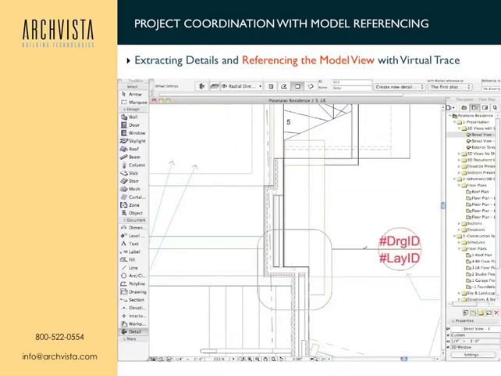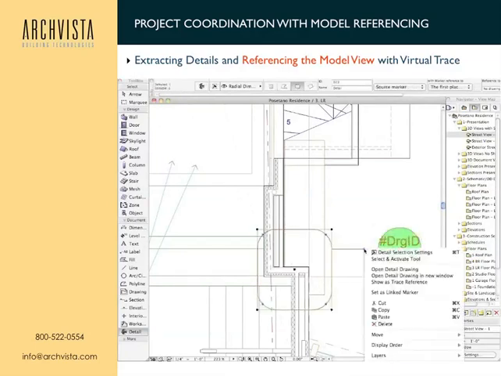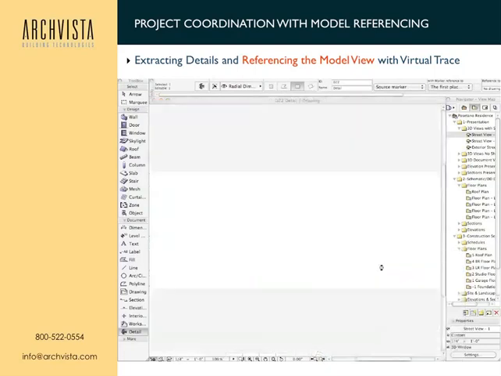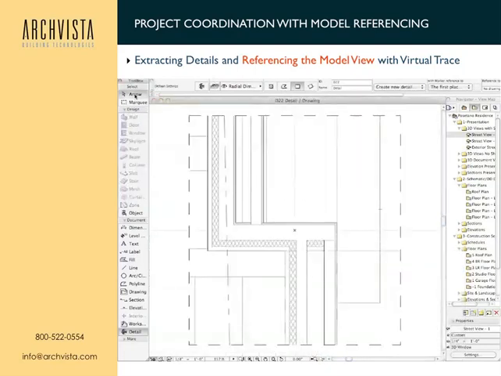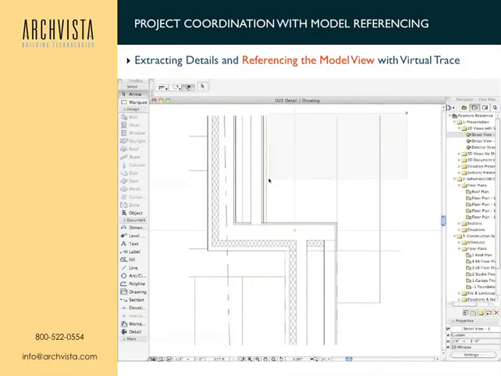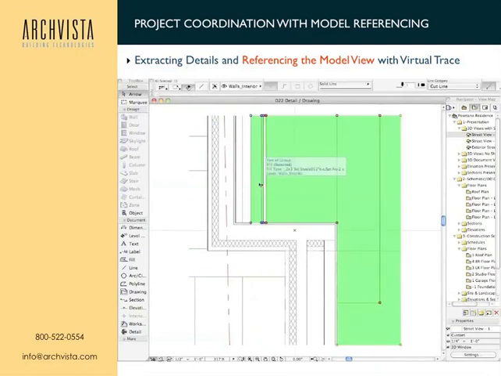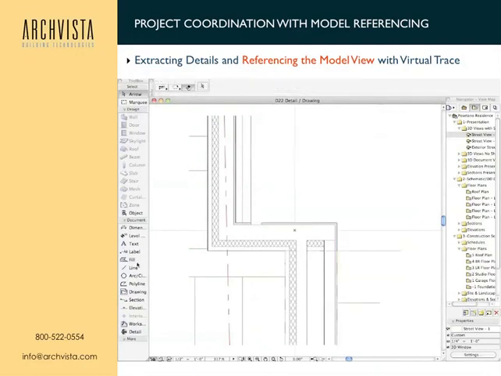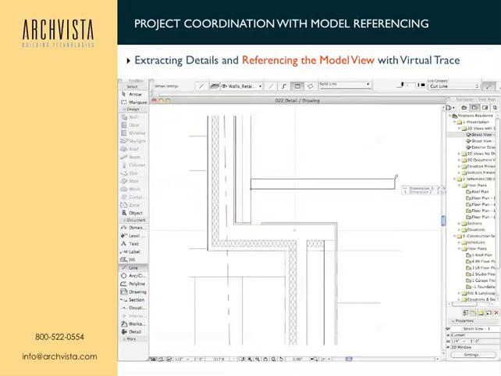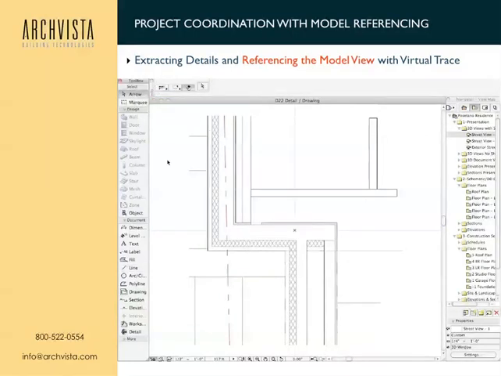We draw a detail, we select that detail, and we open it up. And so now we've got an enlarged plan view, a detailed plan view of a part of the project. At this point, because it's a detailed drawing, we can begin to edit this. We can add line work. We can begin to add notes, information, obviously begin to embellish this detailed view based upon whatever needs to happen